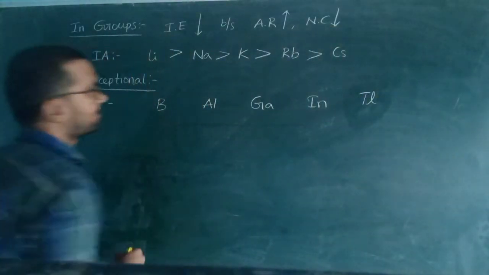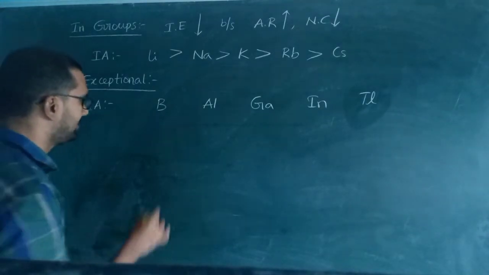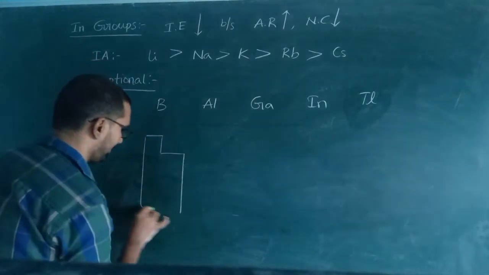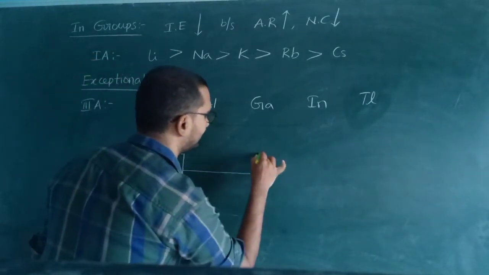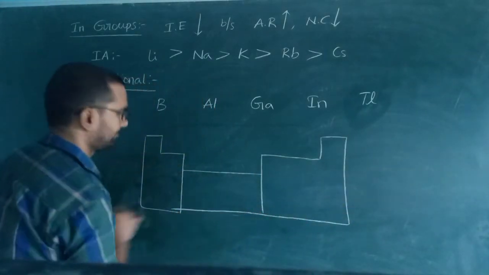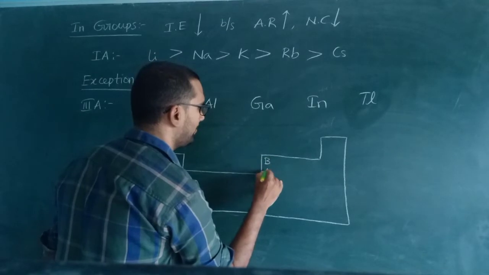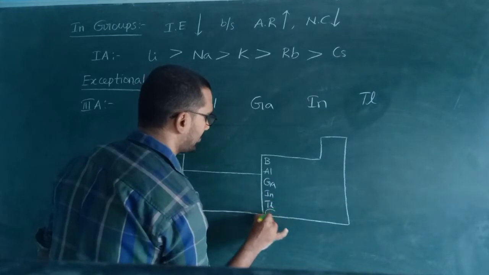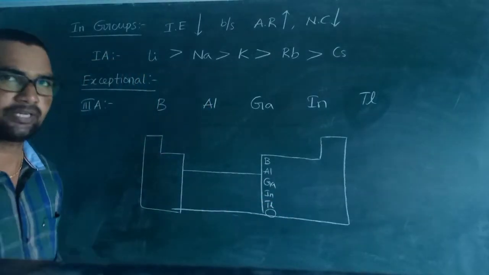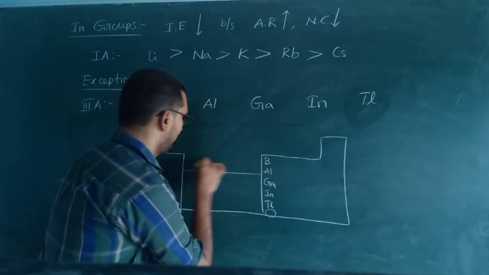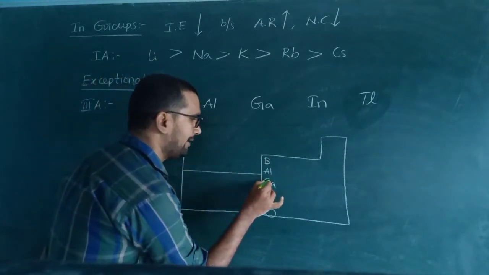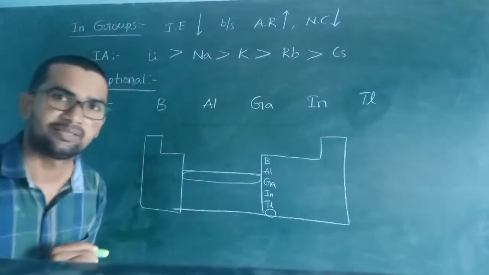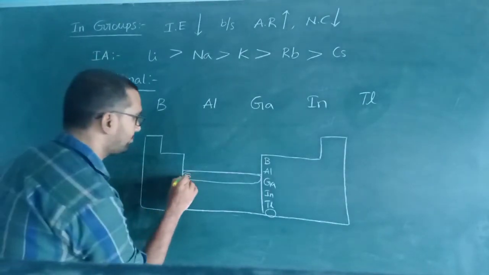Okay, sir? Yes. Now listen carefully. This is the periodic table. See this short form. Boron, aluminum, gallium, indium, thallium. Next one more element is present. The important and interesting point is boron, there is no problem. Aluminum, no problem. But for gallium, first time, 3D electrons are coming. So scandium to zinc.